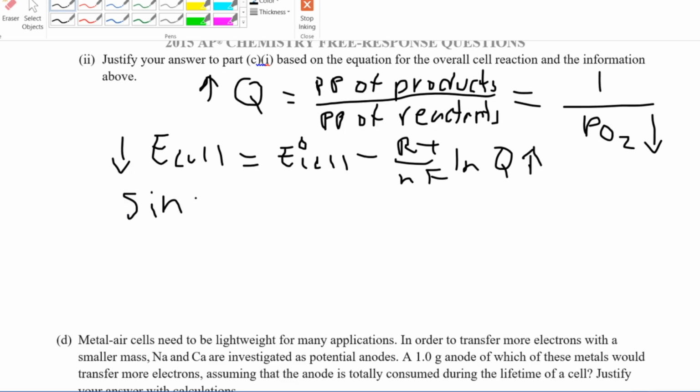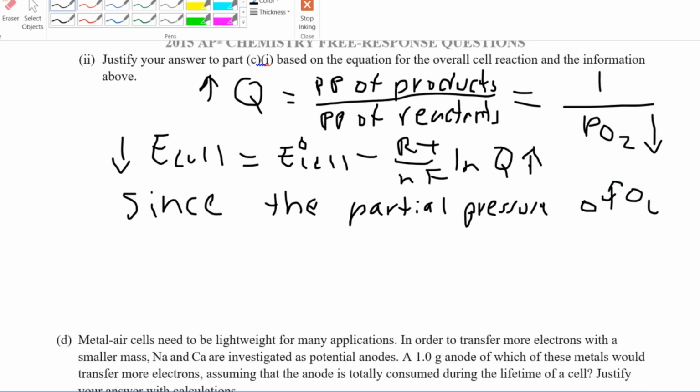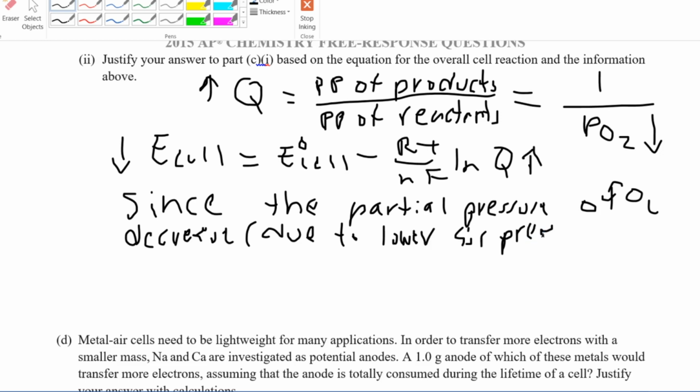since the partial pressure of O2 decreases, due to lower air pressure. Sorry for my ugly handwriting. This is really hard to do on my touch screen with this little thing here. Due to lower air pressure,